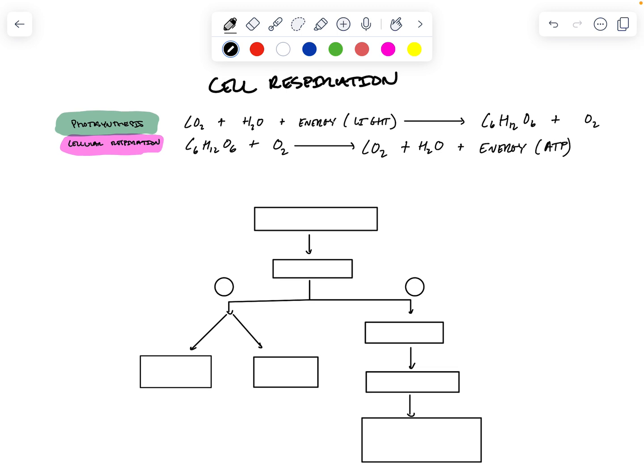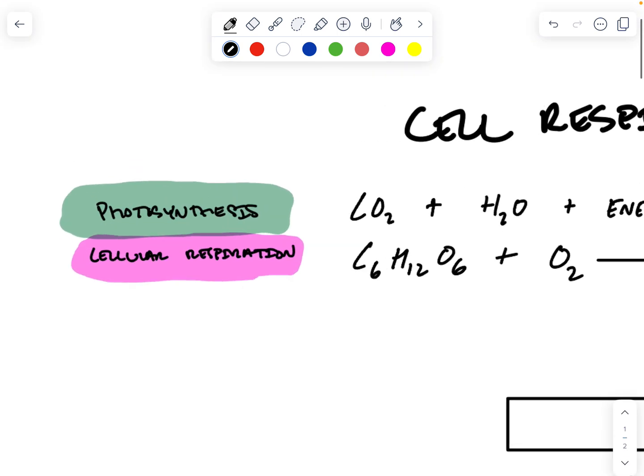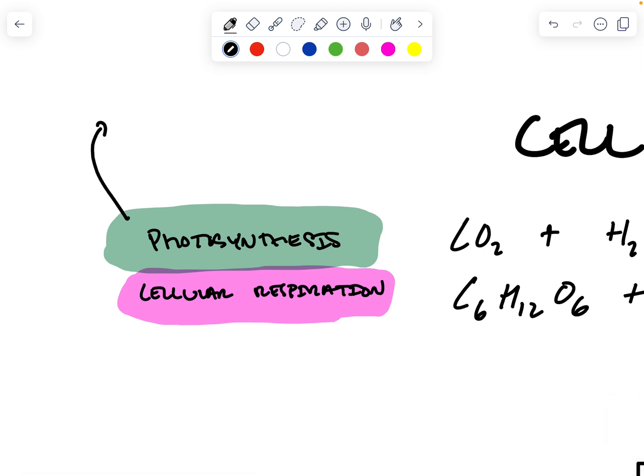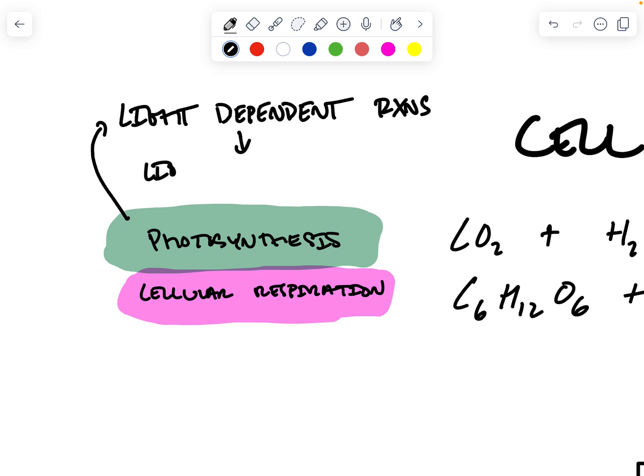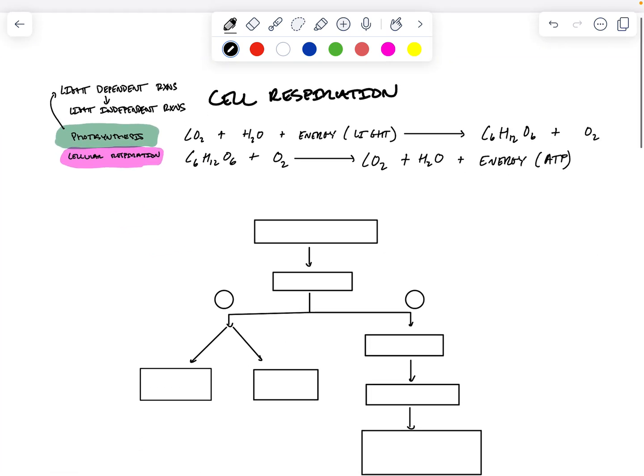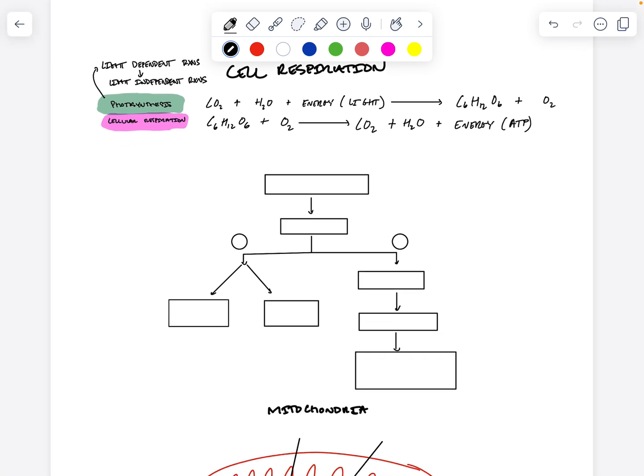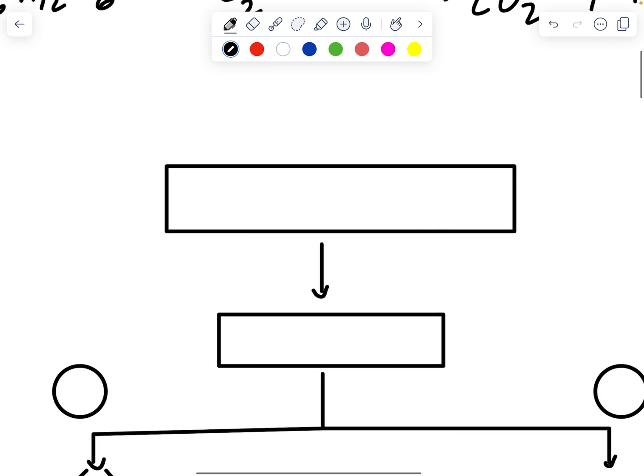Okay, so cellular respiration, just like photosynthesis, could be broken down into its two component parts. We had the light dependent reactions, which led to the light independent reactions. Cellular respiration has a couple different steps, and I think it's easiest to present them as a flowchart. So, cellular respiration